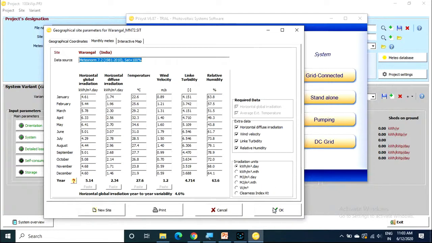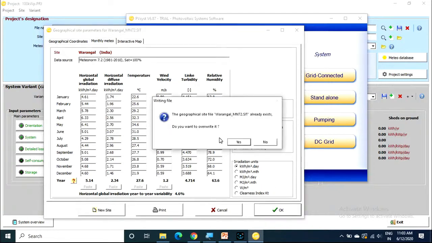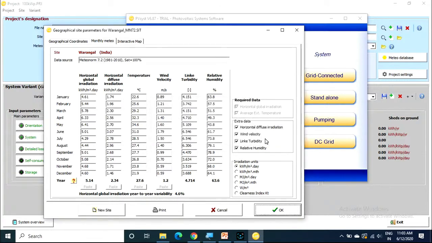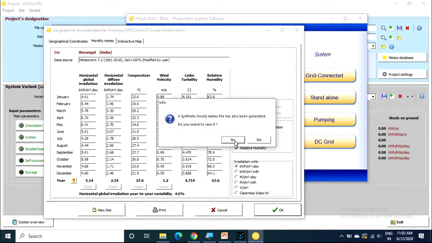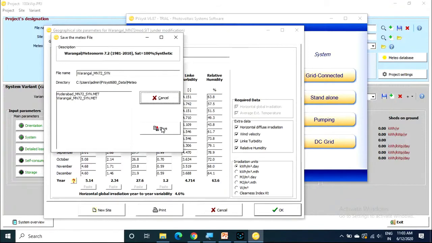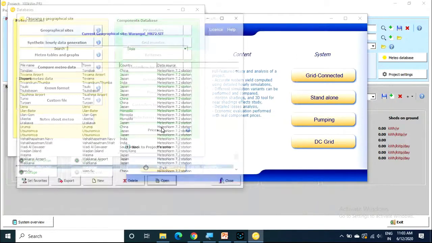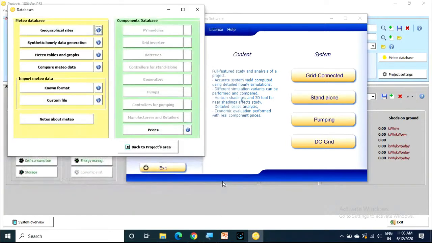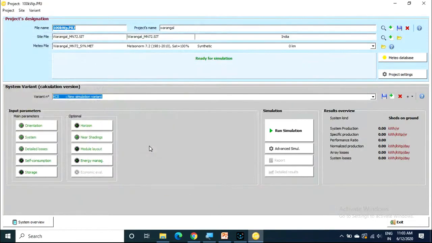We have already done this. Again it is asking, do you want to overwrite it? Yes. Now it is saved to the database. Again it will ask, do you want to save it? Yes. Then again click on save. Right. Now close it. Back to project.